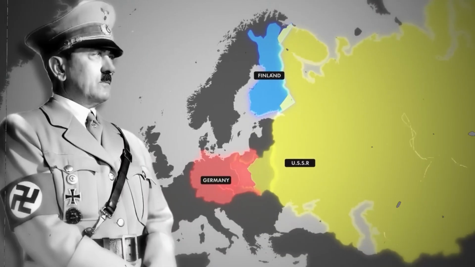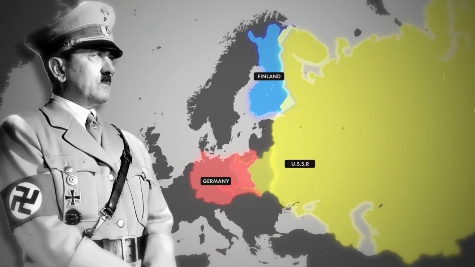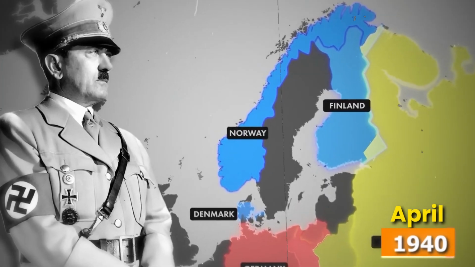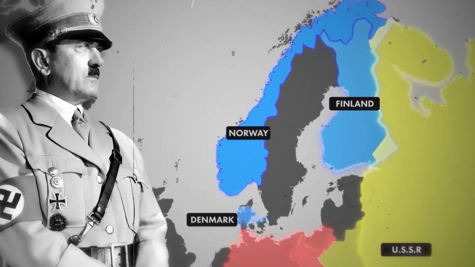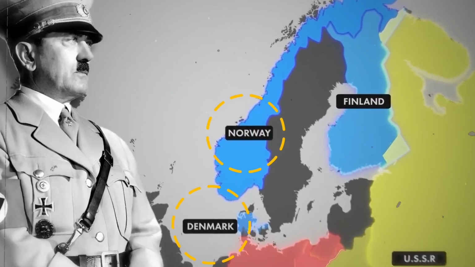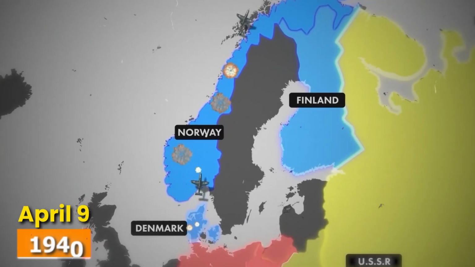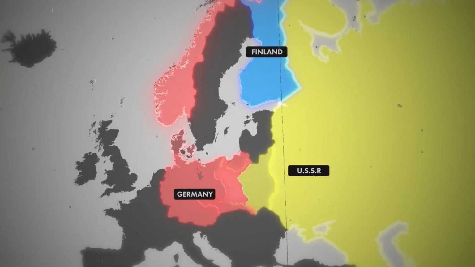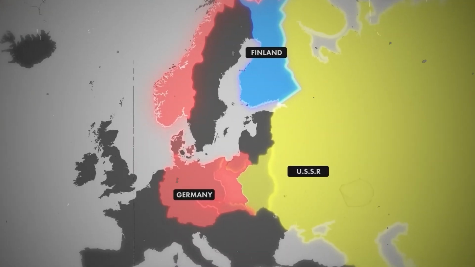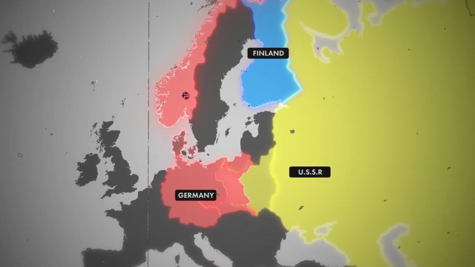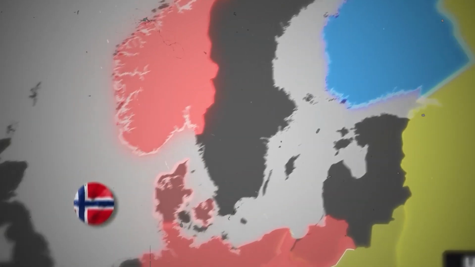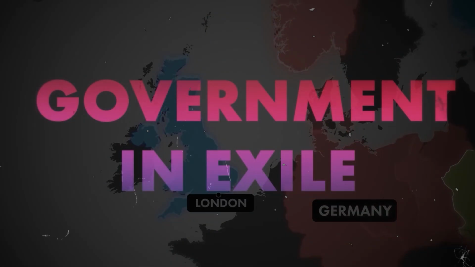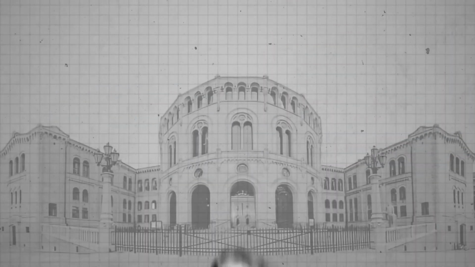In the meanwhile, Hitler's focus wasn't actually on Finland. He was looking at Norway and Denmark. In April 1940, Hitler prepared his plans on how he could establish control over Norway and Denmark. On April 9, 1940, Hitler used his Blitzkrieg strategy to invade both countries. This invasion didn't last long either. Both were small countries. How could they compete against the German army? The Norwegian government fled to London and set up a government in exile. In Norway, Hitler established his puppet pro-Nazi government.